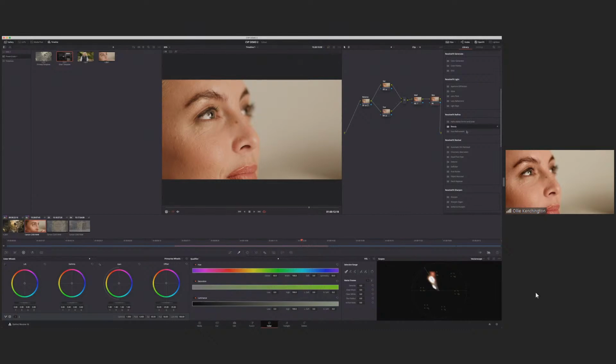But there's this beauty refine here, which is quite useful for taking away some of the bumps and lumps that we all have in our complexion. You can wipe that all off, all on, or get a mix in between the two to try and get it looking natural. There are a couple of different beauty tools in here. If we were going proper beauty work, we would probably start going down the route of, let's do like a,